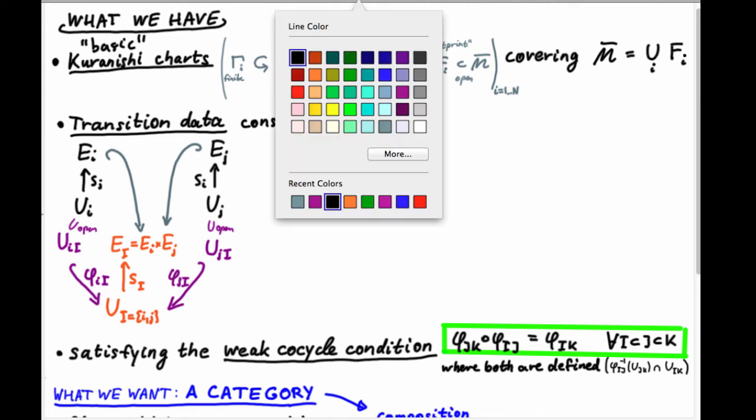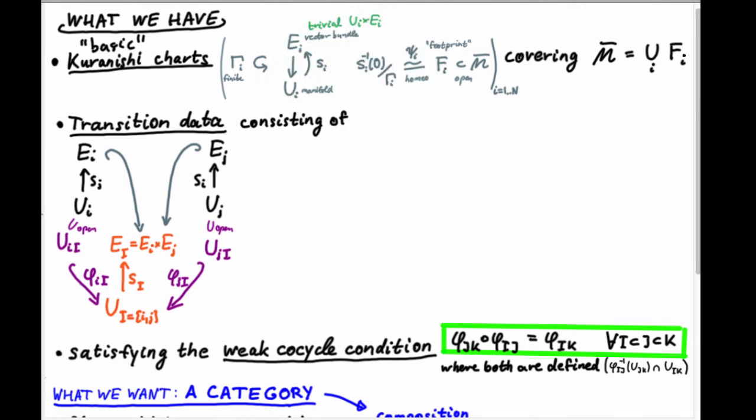So what I get here is two-part transition data. One is this orange bit, which is an extra Kuranishi chart, and the purple things are what we call coordinate changes. So my sum charts then happen